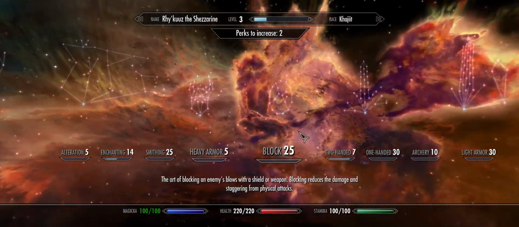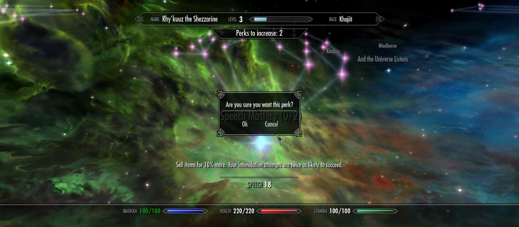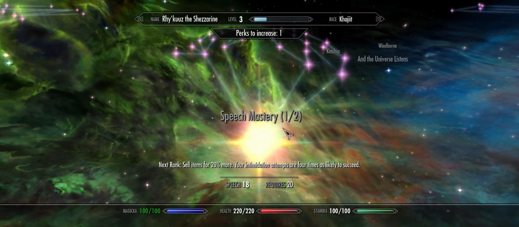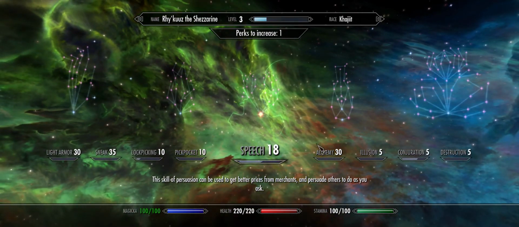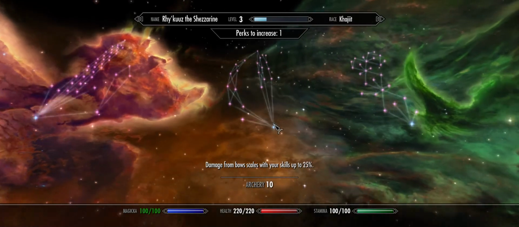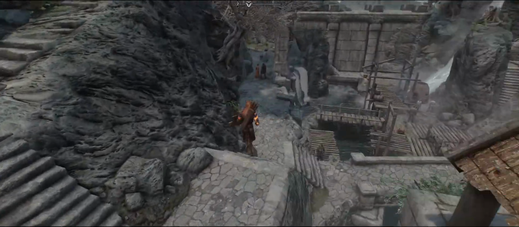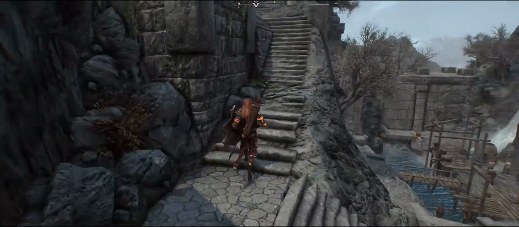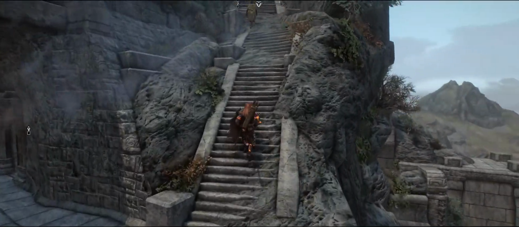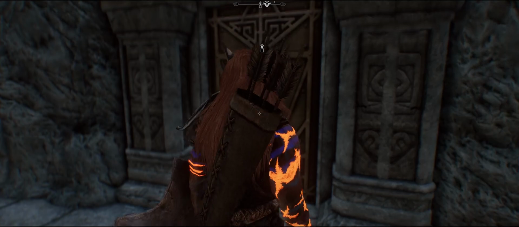Smithing could be good, but I think the first thing I'm going to want with this build is speech, because Khajiit speak. Let's see. Other than that, archery. Archery is not one of my main skills, but initially I'm going to have a hard time with melee, and so I can use my bow and arrows to offset a lot of that risk. So what I'm going to do is pop back into the realm of Lorcan, into the video,